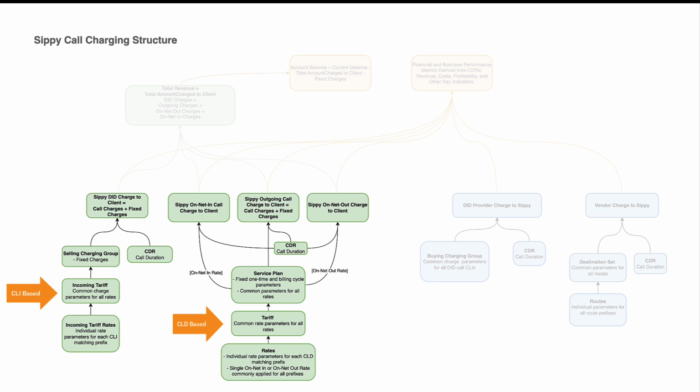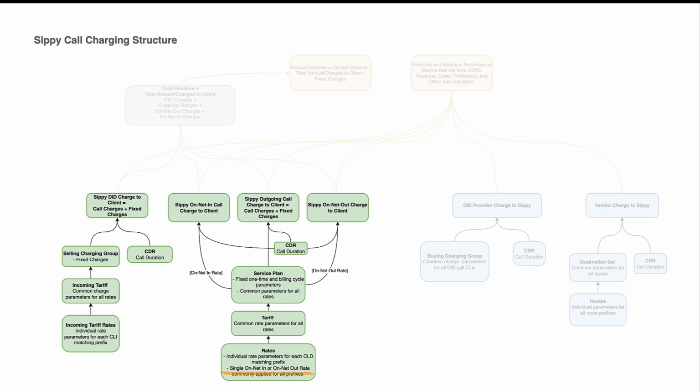The logic behind this is that callers to the same DID number may be located in different regions or use different carriers, which are identified by their CLI, and each CLI may require different pricing depending on the origin of the call. For on-net calls, a service plan uses on-net in and on-net out rates of its tariff, which are